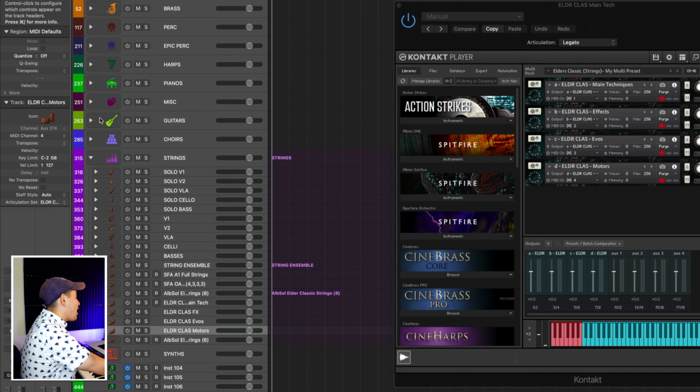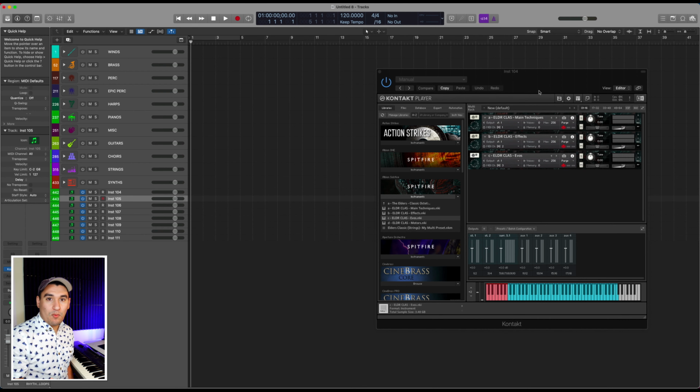I've done that with my choirs and my guitars. I've done it with everything. And currently, I'm working on synths now, but that's why the template's not finished yet. So that's benefit number one. You're going to save so much time not loading in instruments, and you're going to save so much RAM because it's all pre-purged. So benefit number two of building a template in 2021 is going to be the environment that it creates,